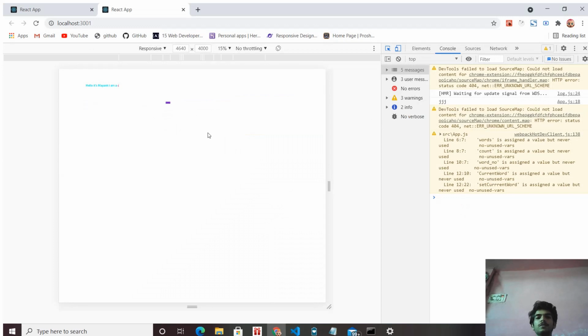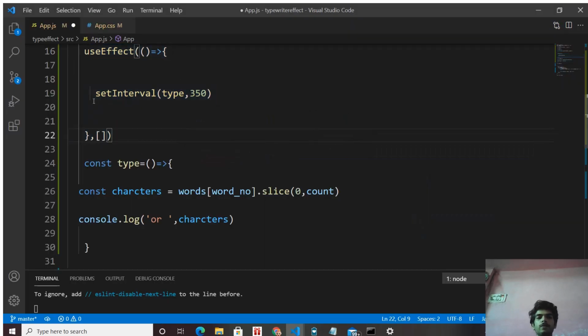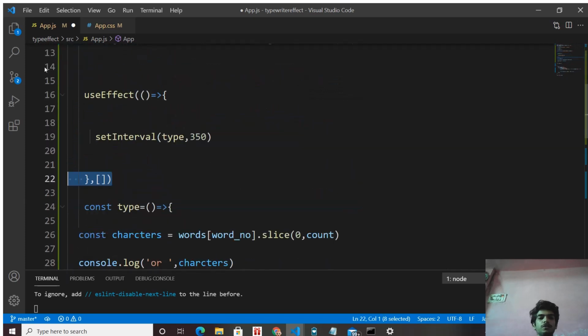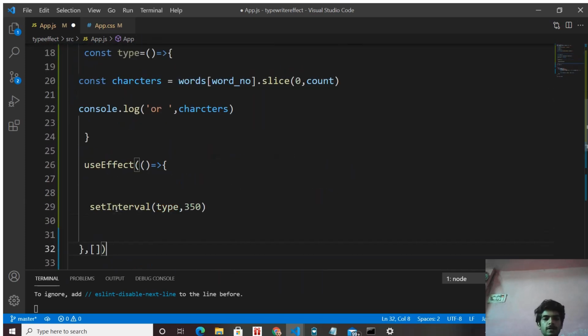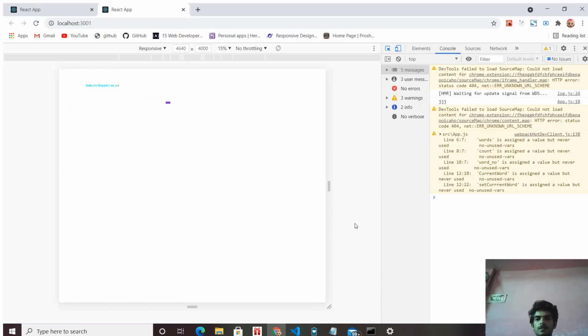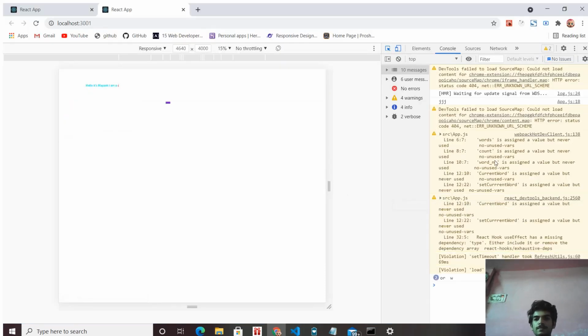Okay, so why is it not printing? See, we are calling the function before it has been defined. We can't call a function before it's defined, it is defined after. Okay, so we are calling our type function before it's actually defined. Okay, so let's move our useEffect below the type function, and when you save this, see this gets printed: W, right?